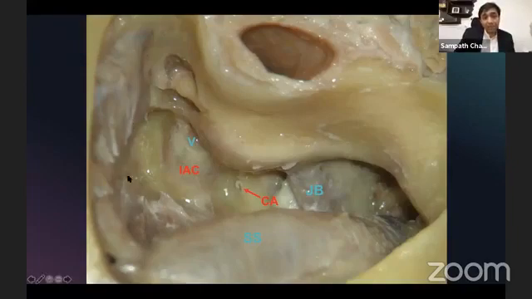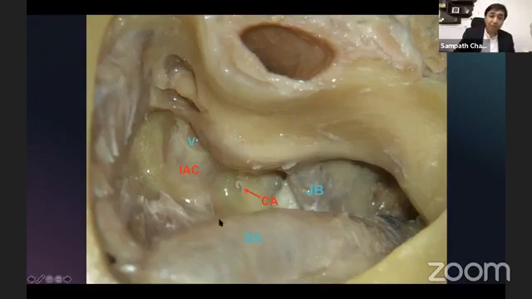Now again, this is the middle fossa dura. Sinodural angle completely delineated, and this structure here, which is not really blue because it's not an injected specimen, is the superior petrosal sinus arising from the sigmoid sinus transverse sinus junction and then going along the petrous ridge to the cavernous sinus. Okay, the other petrosal sinus is the inferior petrosal sinus, which is medial to this jugular bulb, going along the undersurface of the petrous bone into the petroclival fissure and into the cavernous sinus.